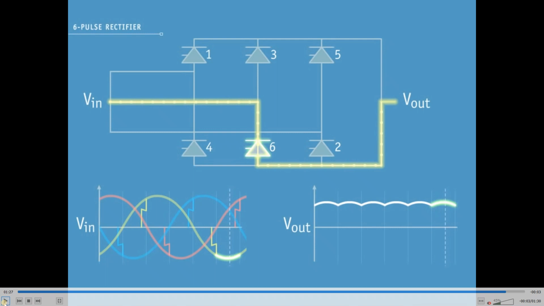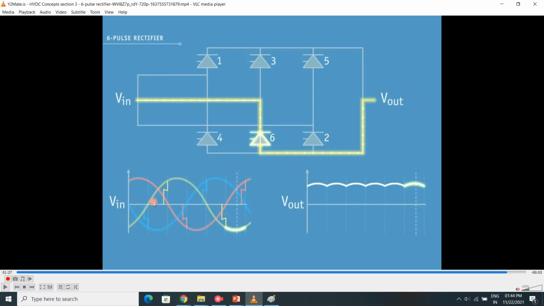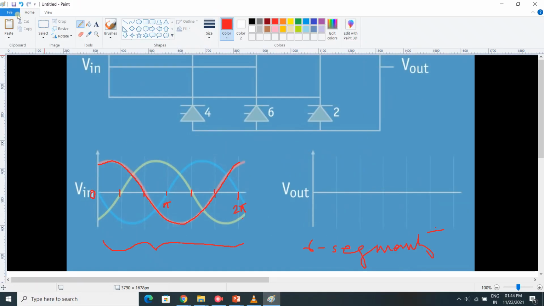That is why it is smoothened using a filter. It is always smoothened using a filter. Now generally filters are inductor based or capacitor based. Capacitor based ones are widely used because they have more advantages, as the smoothing takes place in a better way in capacitors. Why? Because capacitors store charge, and when it discharges, it gives a smooth voltage. So you get a straight line like this.